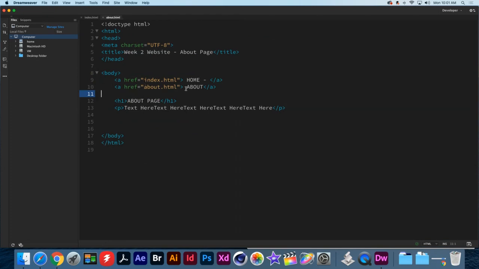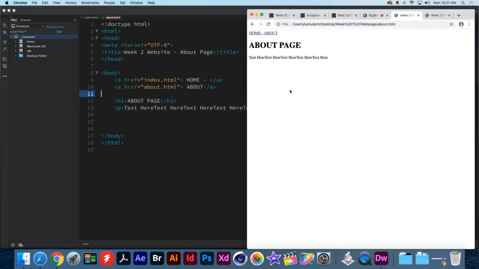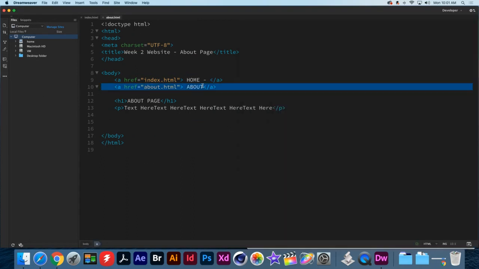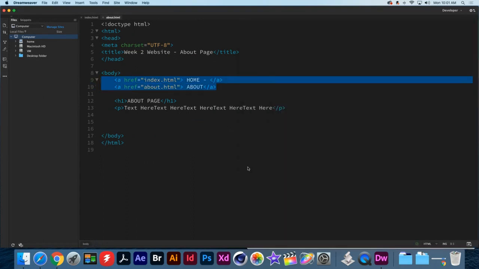Because the reason this works, if I save this and test it, let's just give it a rip and see if it works. Refresh. Aha. Home page, about page. Okay. Notice no matter where I'm at, this linking is universal now. Okay. Because it's the same code, right? That's one of those hacks I want you guys to get used to doing is copying, pasting everything inside web design. If something works properly, okay,